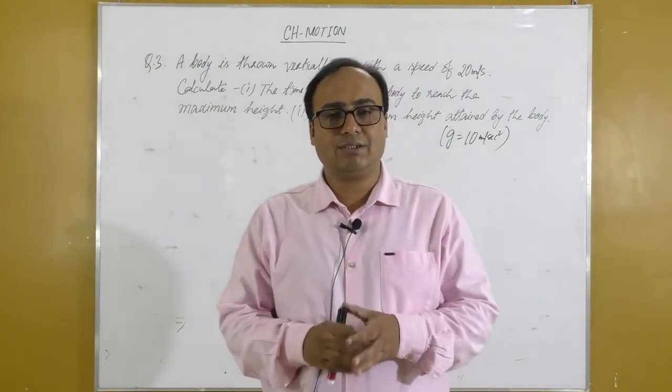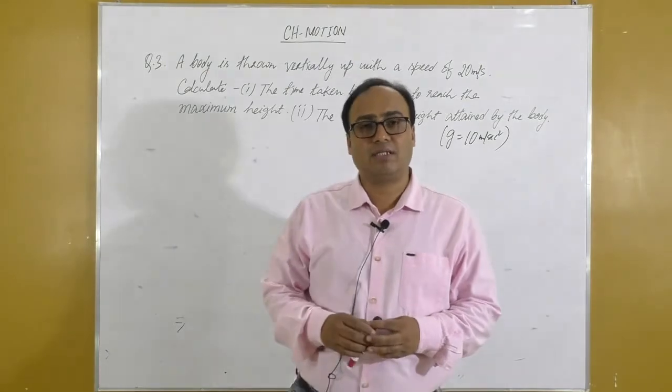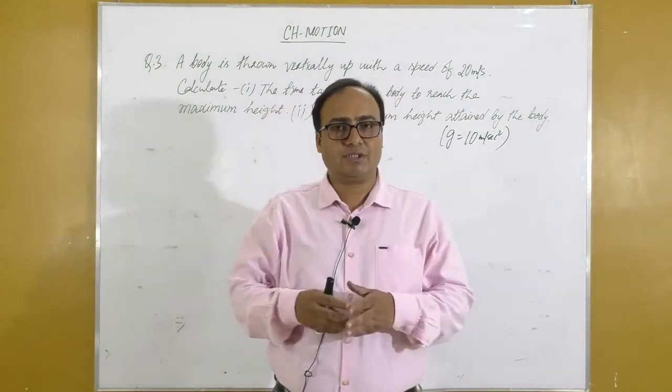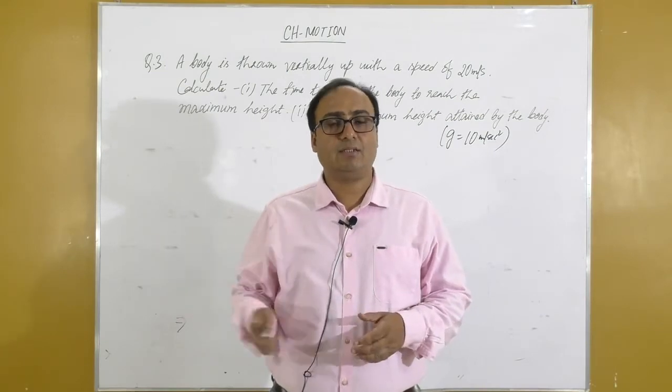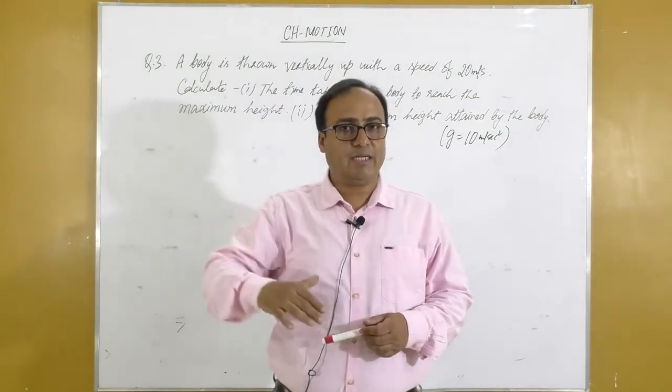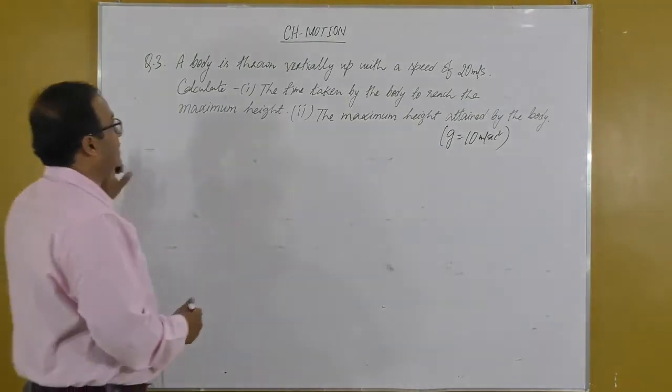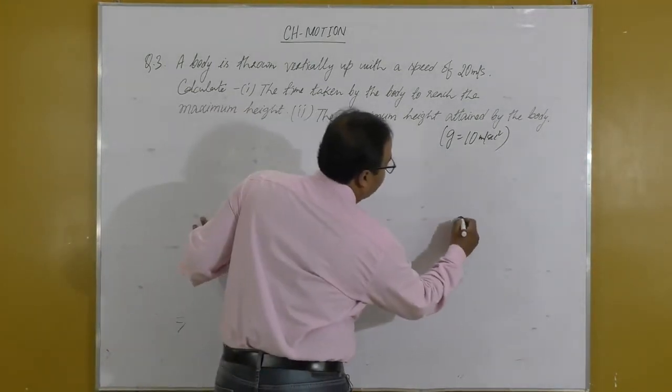Now we discuss question number 3 and its solution. This is another simple question, but here the body is thrown vertically up. So the situation is different. In the last two numericals, the body was falling freely, and here the body is thrown vertically up. So here it is given a body is thrown vertically up